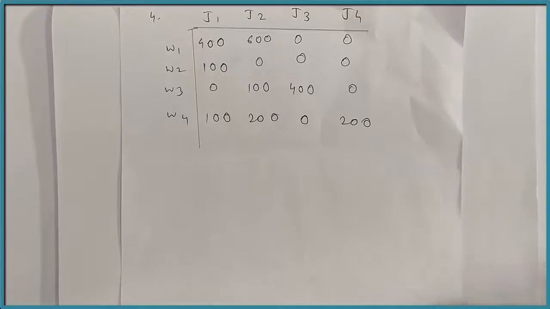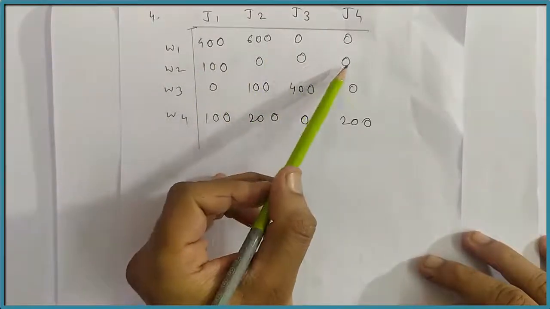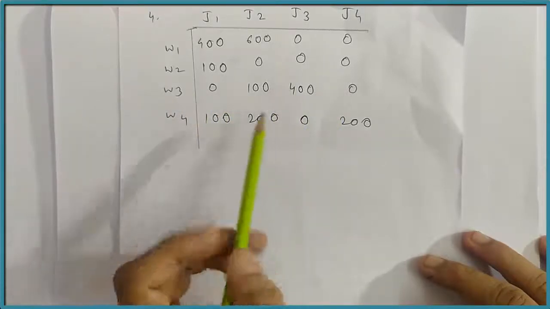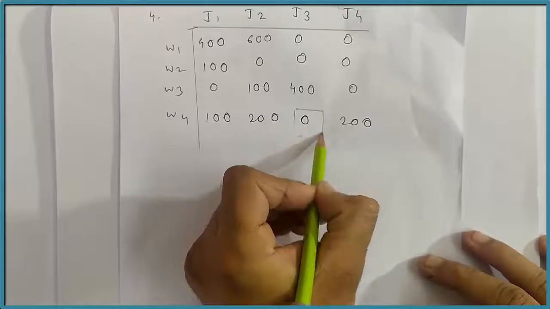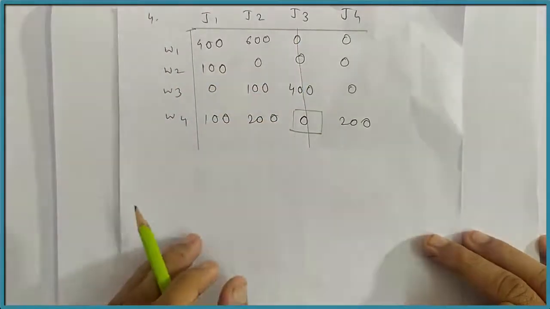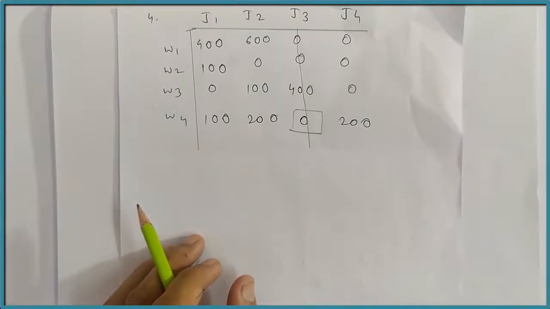Now look at the first row. In the first row there are 2 zeros, therefore skip that row. In the second row there are 3 zeros, skip that row. In the third row there are 2 zeros, skip that row. In the fourth row there is exactly 1 0. Mark a square around it and draw the vertical line passing through that 0. Now after row scanning, still there are some zeros that are uncovered by the lines. Therefore we will go for the column scanning.